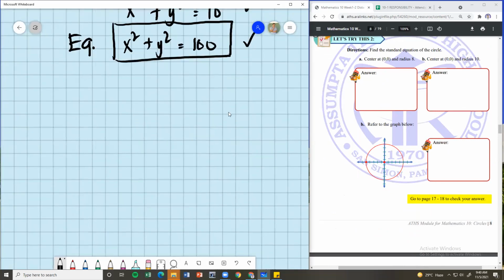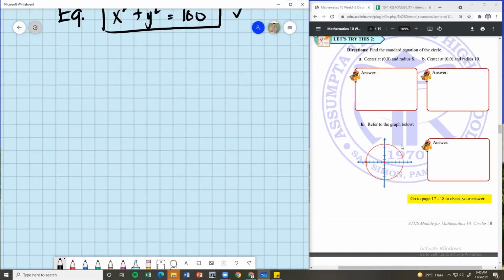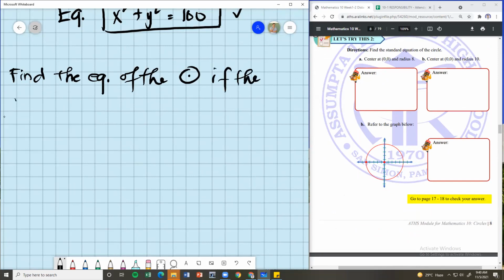Ready? Find the equation of the circle. That's the last activity which we're going to have after this. So it says here, that's a symbol for circle, ha? Bilog at saka merong center sa gitna. That's a symbol for the center. Find the equation of the circle if the center